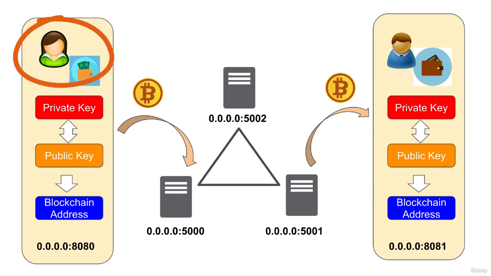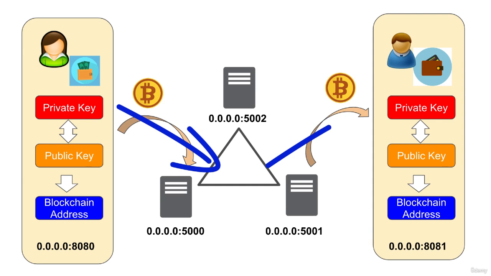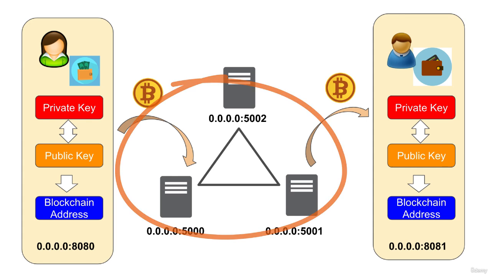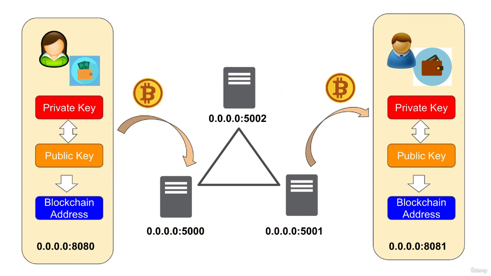First, we have this person on the left. Let's name her Amy, and we have James to the right. Amy wants to use blockchain's network to send cryptocurrency to James. The middle section is the blockchain network server, and let's say we have some ports set up like 0000, 5000,